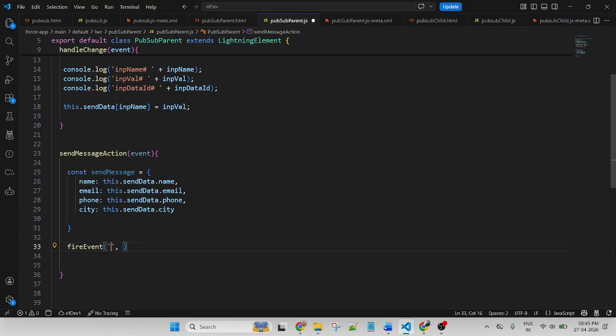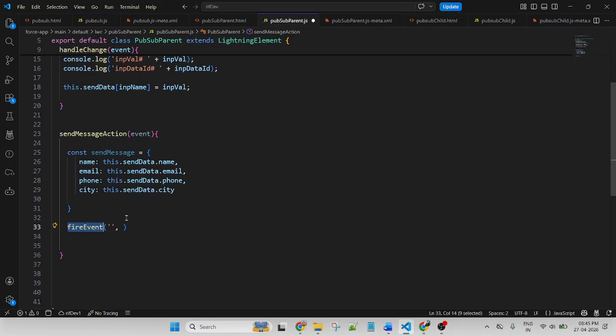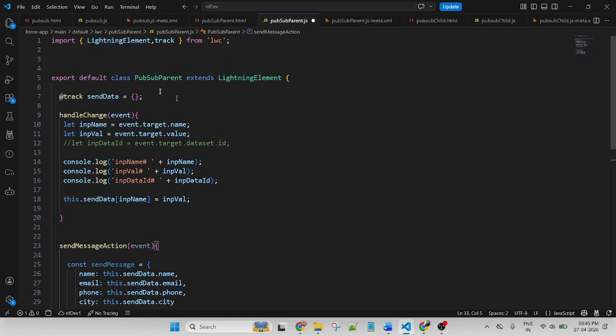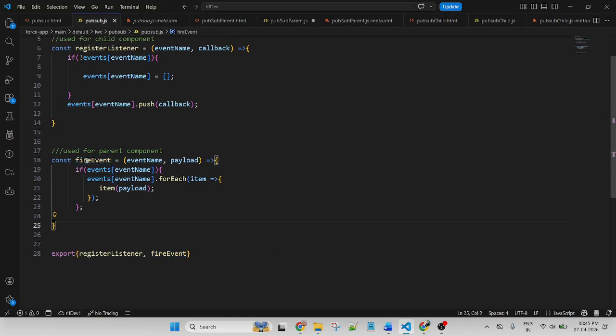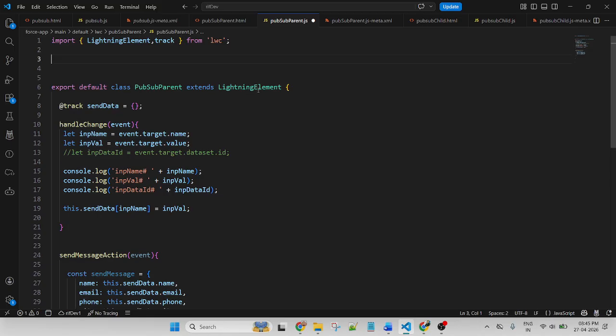You can put anything as the name. This fireEvent comes from pubsub, but before this, first of all we need to import it, then we use it inside the method.